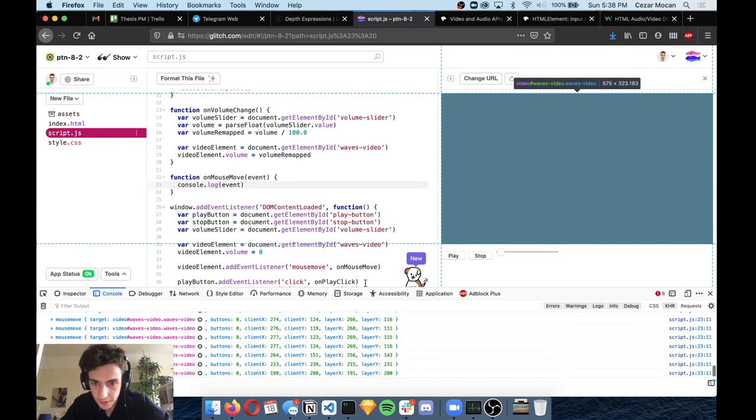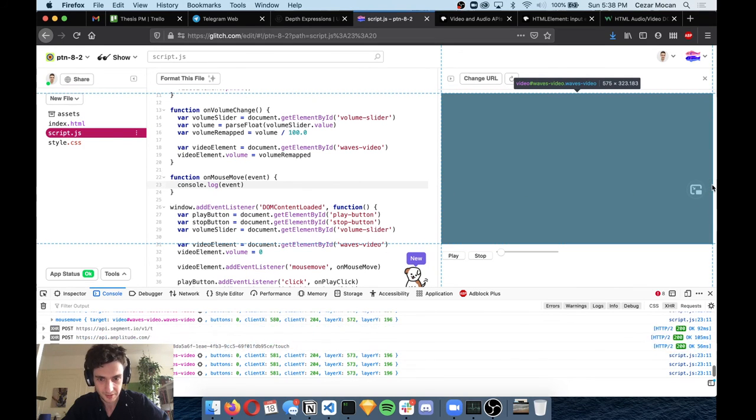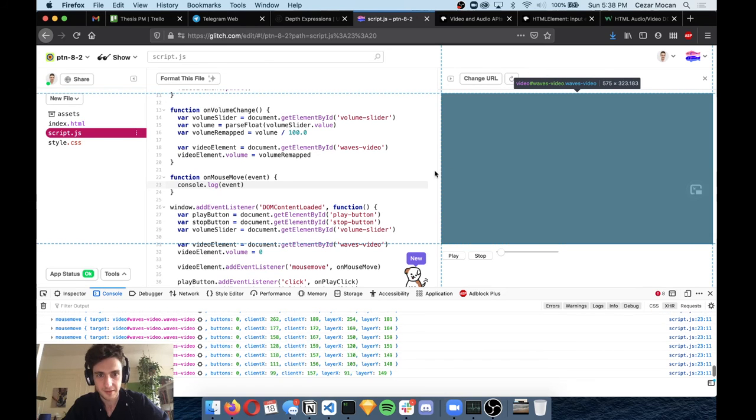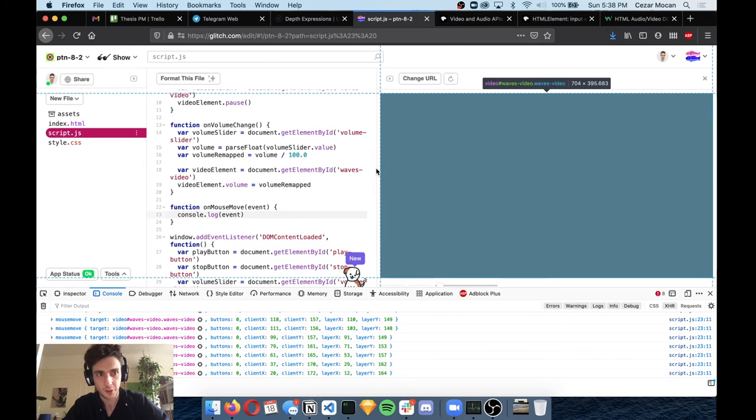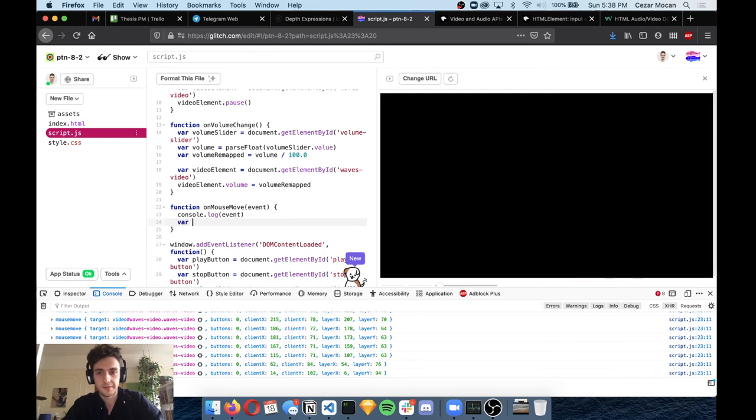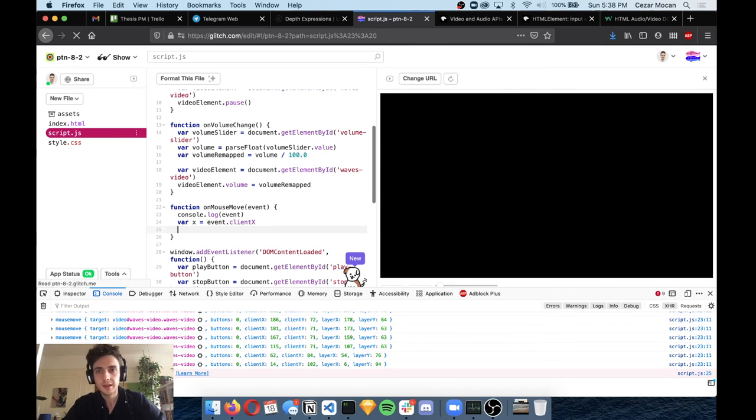Alright, so it looks like what we're looking for is the clientX, right? So the clientX is going from 10 up to 580, and I think if we change the size of the window, our video is set to be height 100%, so our clientX is going to be wider, right? So we actually depend on the window size. So let's say var x = event.clientX, and what we want is